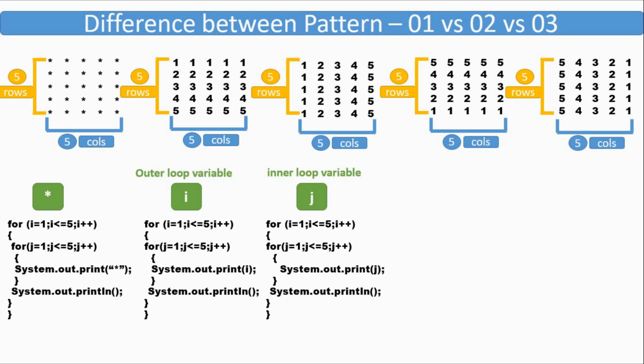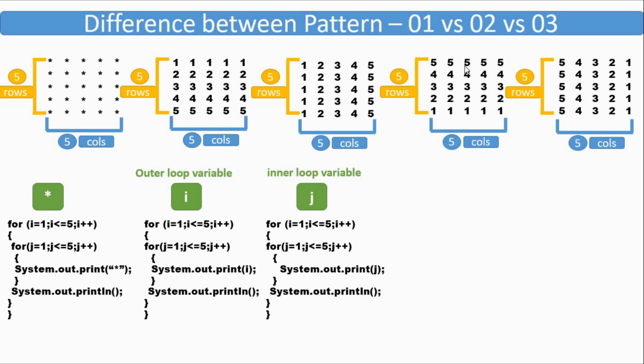Here what we need to remember is that the inner loop condition will not change, because our printing value starts from 1 to 5 and it is changing column wise. If this pattern starts from 3 to 7, then we will initialize our inner variable j to 3. We don't have any impact of the outer loop because this pattern doesn't depend on the outer loop, and we don't care from which value to which value it will run. Either it will run from 1 to 5, 5 to 1, 11 to 15, or any 5 consecutive values are required to run here. Now let's see the next pattern.